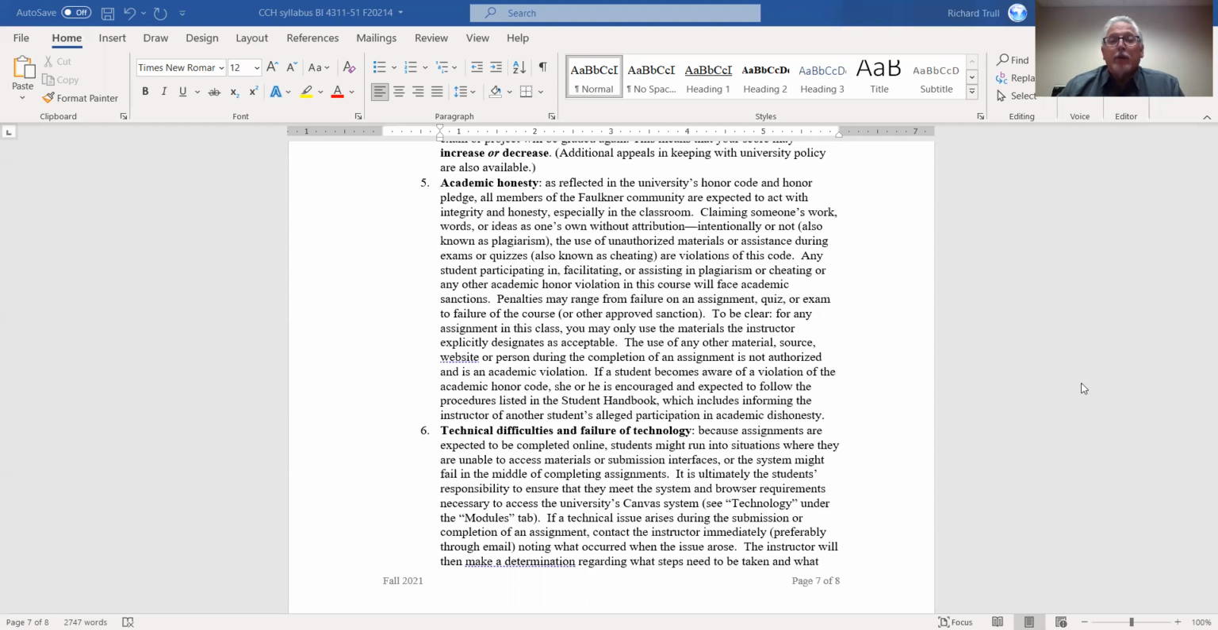violations of this code. And it's very easy for people to share things and copy things, especially in online classes where you're working on your own. Please do not use other people's assignments and submit them as if they're your own. Any student participating in facilitating or assisting in plagiarism or cheating or any other academic honor violation in this course will face academic sanctions. Penalties may range from failure on an assignment, quiz, or exam to failure of the course